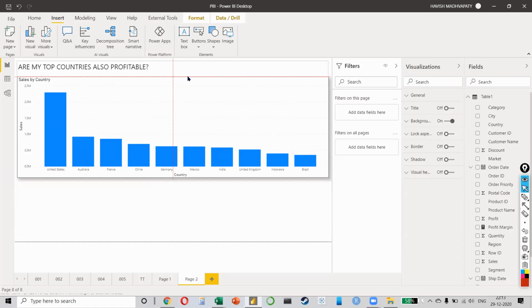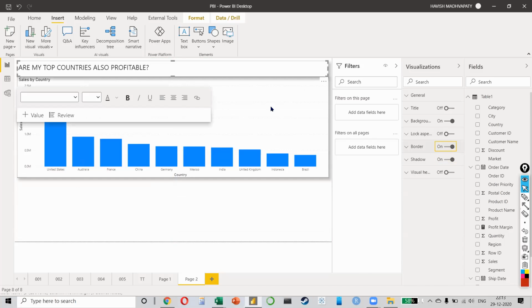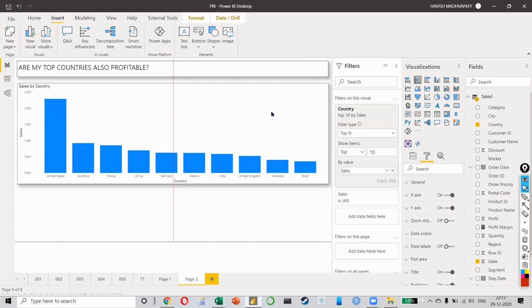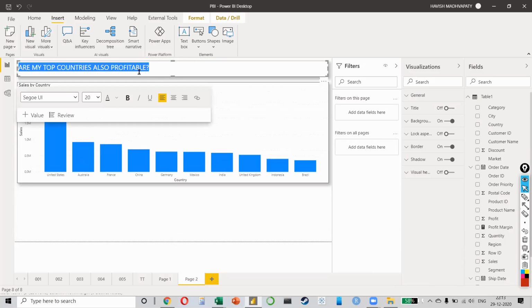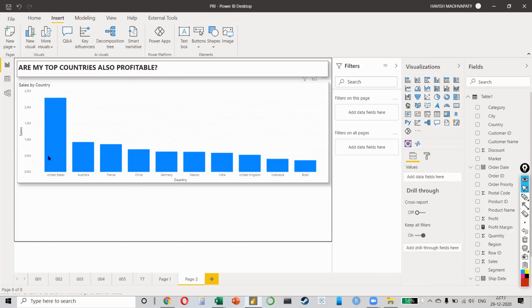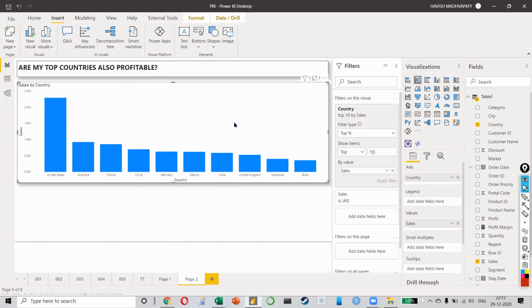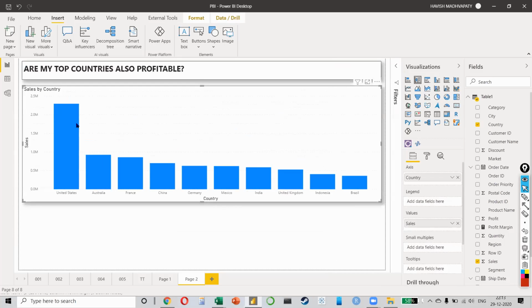This is my analysis that I want to do, right? We want to find, as an analyst, if my top countries are also profitable. Tell me, how do you find that if all these countries are profitable or not? What would you do? I can see the sales value, right? So 22 lakhs, 9 lakhs, 8 lakhs. But I also want to find what is the profit margin. Remember, my global profit margin is 11.61% for the entire globe.